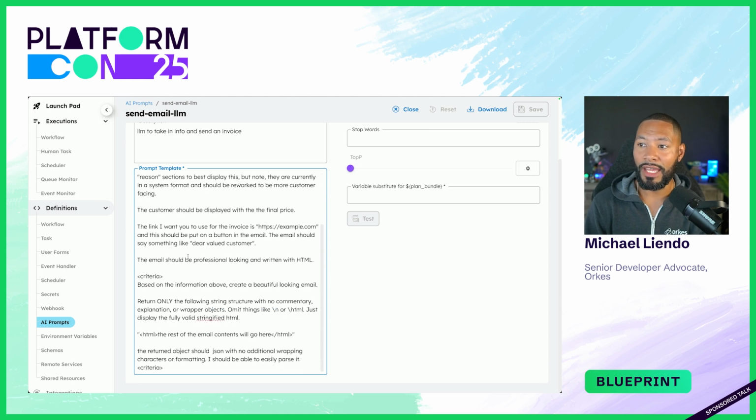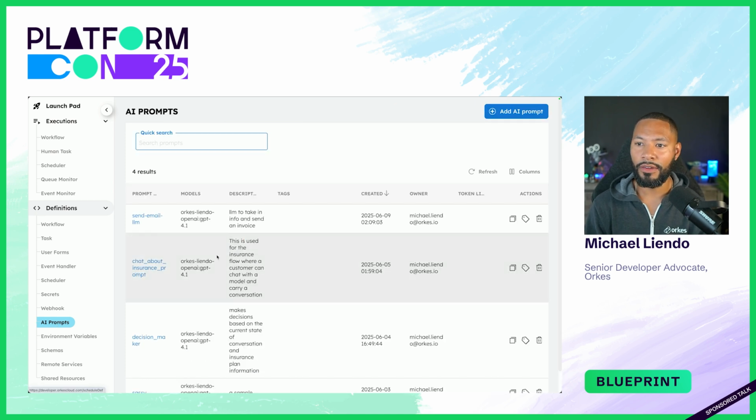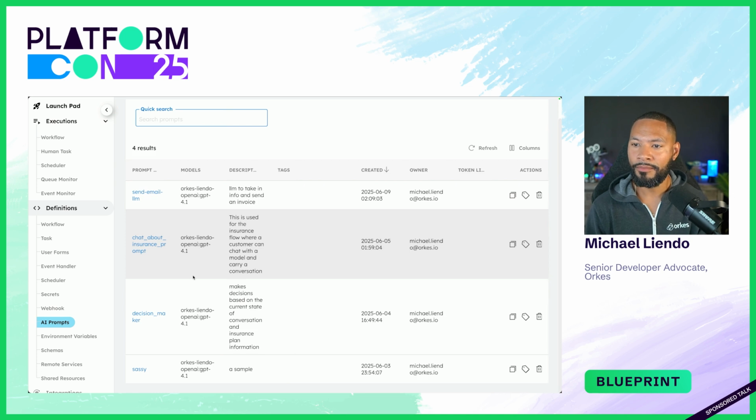Keep everything in sort of an HTML format. And then for demo purposes, let's just link them to that example.com page instead of sending an actual payment invoice, right? But that could easily be a Stripe link or whatever your company would like to invoke. And then if you look at the other conversational aspect,